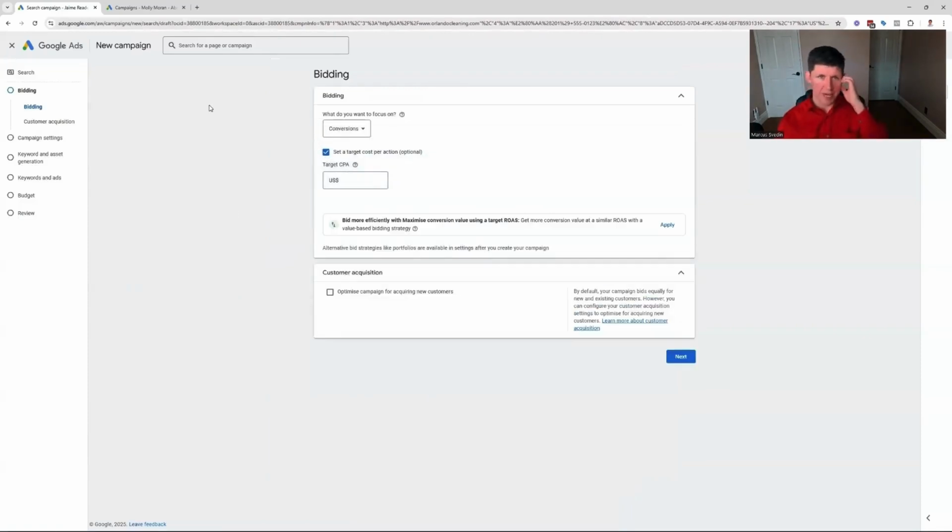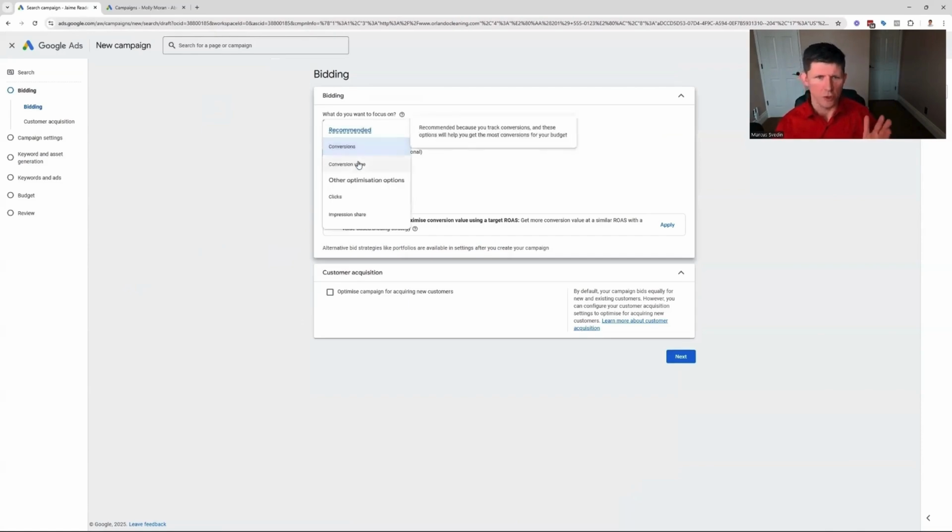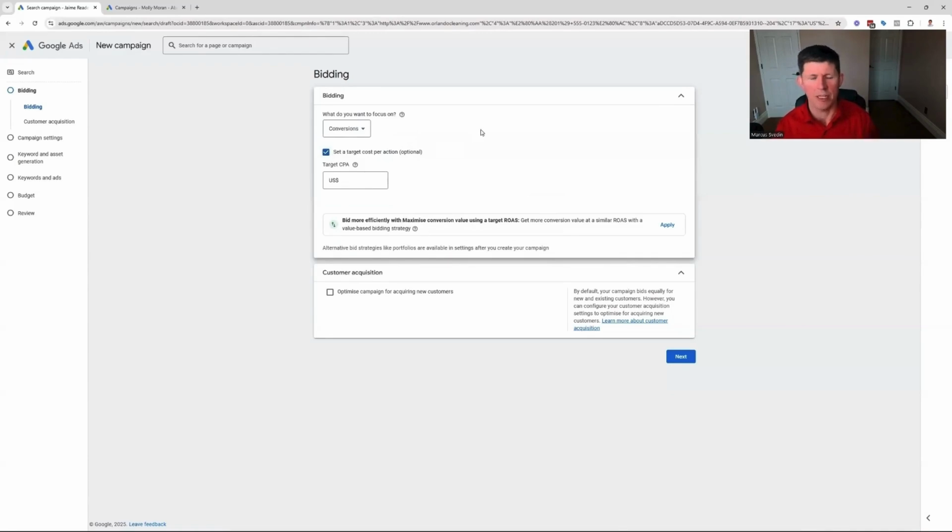Okay, so now we're in the bidding. With bidding, this can be a bit confusing, so let me illuminate and remove any confusion here. We want to focus on conversions. That's it. You can do conversion values, clicks, impression share, but we just want to focus on conversions and getting as many conversions as we possibly can,